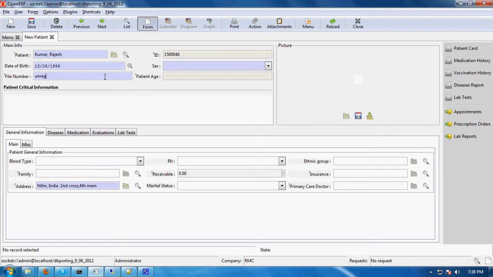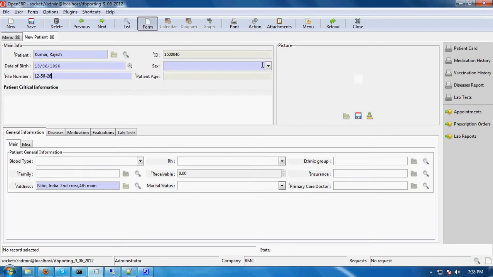For that type of patient you have to enter unregistered. And if a patient came for treatment in the RMC hospital, at that time there should be a file number for the patient. So you have to enter the file number. The file number format you can see from here.